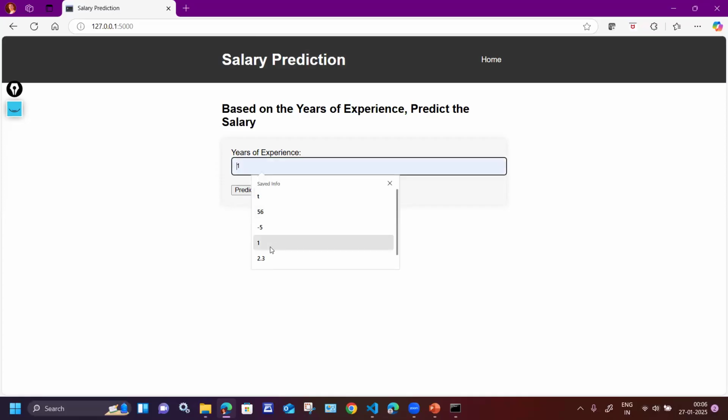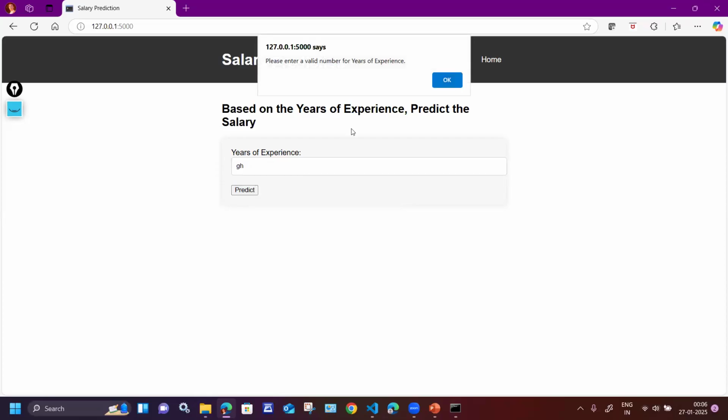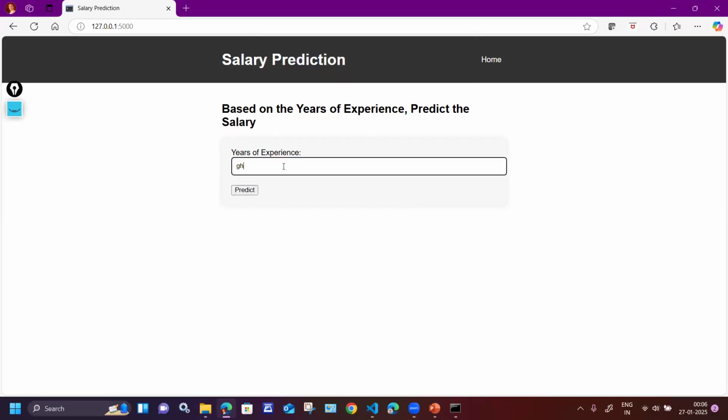Now let's give some string value. So it will not submit the form. Instead, it will show you one alert, not the error message. Give the right input. Please enter a valid number for years of experience. Okay. Now if I give -5, then also